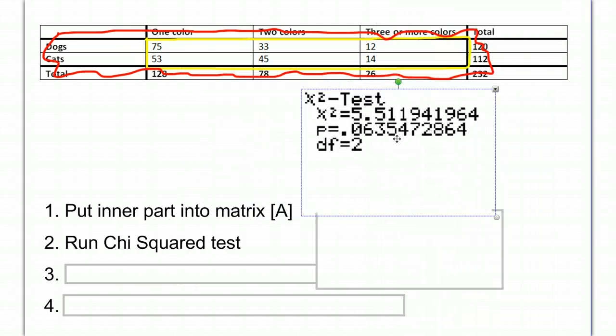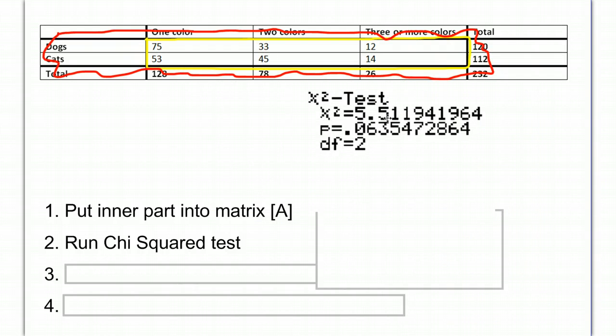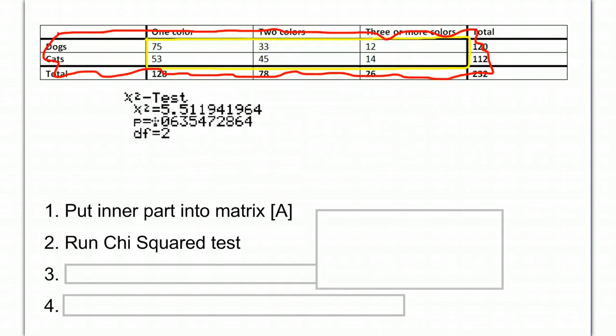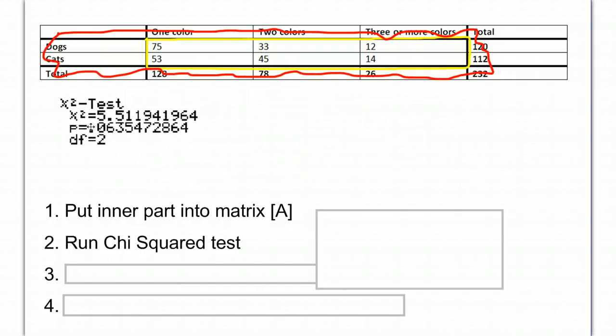I'll drag this over. So chi-squared test, our chi-squared value is 5.5119, etc., etc. That is a value that we won't really use much. That's just internal to the test. And then the important one is the p-value, 0.0635 and so forth. Now, when we do p-values and we get something very close to 0.05 but not quite,